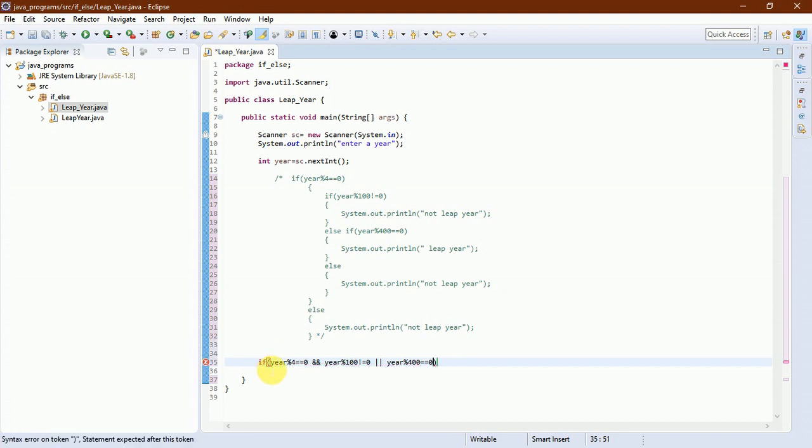That means we are writing all the conditions inside one if statement, and I'm giving the parenthesis.